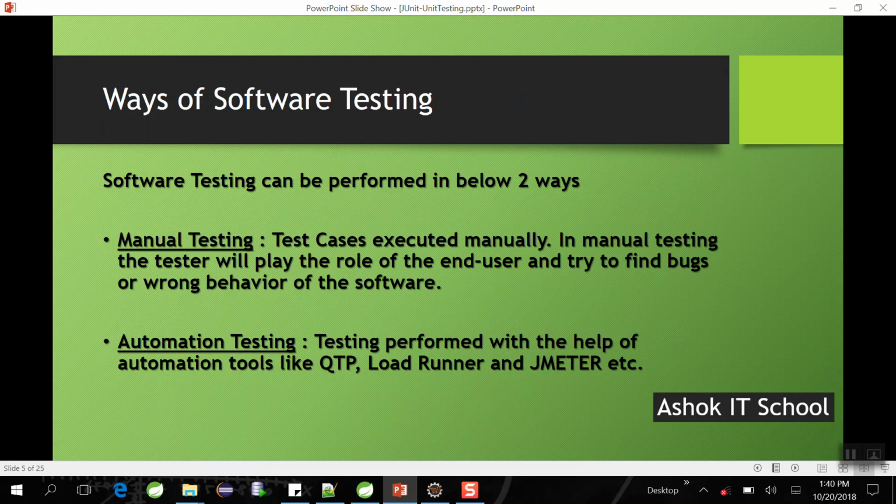When the client gives requirements to a company, developers are going to analyze those requirements, design, and enter into the development stage. At the same time, parallelly, testers are also going to understand those requirements and prepare test scenarios. That means what are the requirements of the client and what requirements we need to test. At a high level, they are going to prepare a test scenarios document. From that scenarios document, testers are going to create test cases.